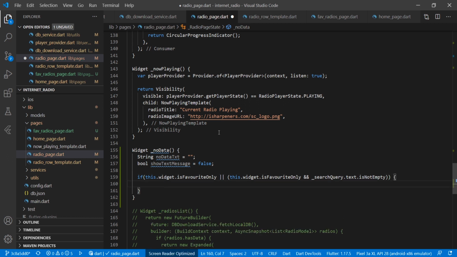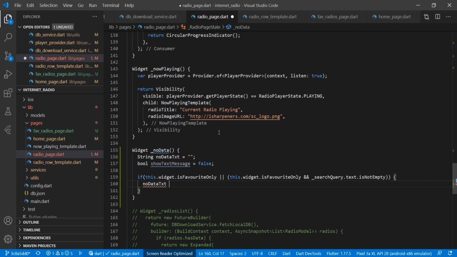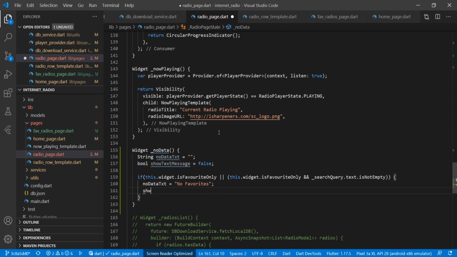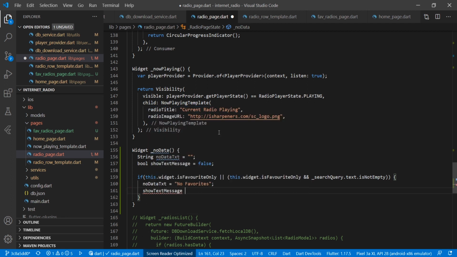Then we will show this message, no data text is equal to no favorites, and show text message is equal to true.